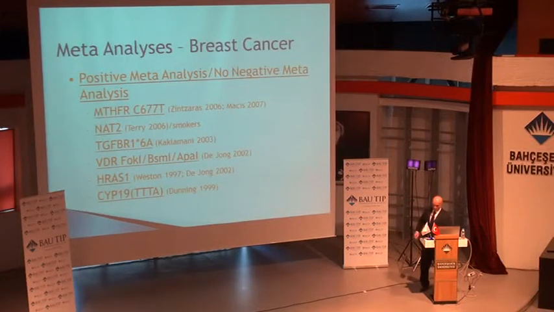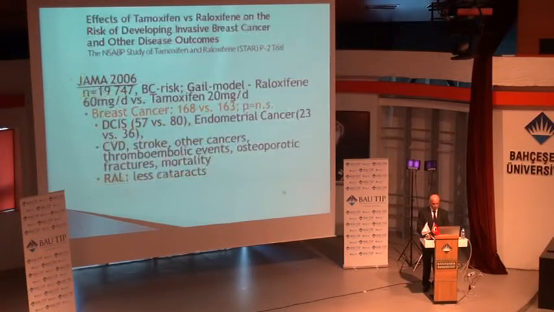Breast cancer meta-analysis gave us a lot of genes which are involved in this. I just want to show you this NAT2, which we had before for this woman. Breast cancer is in the family, as you know. Here the NAT2. Then the TGF-beta receptor mutation, which, if there is a mutation, is a very high risk for colonic cancer, breast cancer, leukemia, and ovarian cancer. And the vitamin D receptor and folate metabolism are involved as well in breast cancer. So this is always important to see.